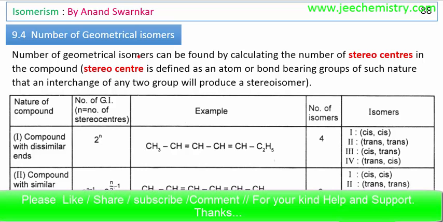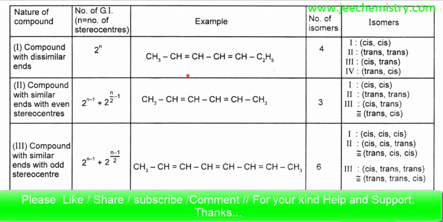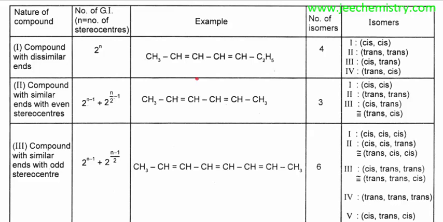Number of geometrical isomers. If a compound is given and we are asked how many geometrical isomers are possible, three different types of general compounds are given. Based on these compounds, they will ask which type of geometrical isomer and how many geometrical isomers are